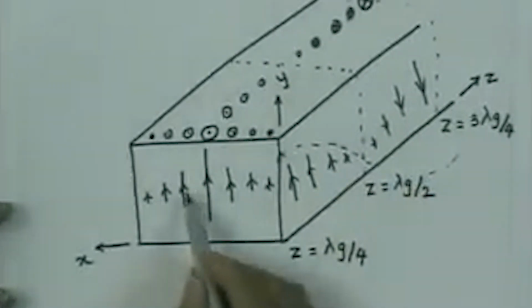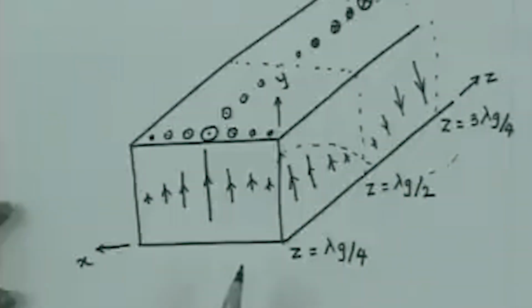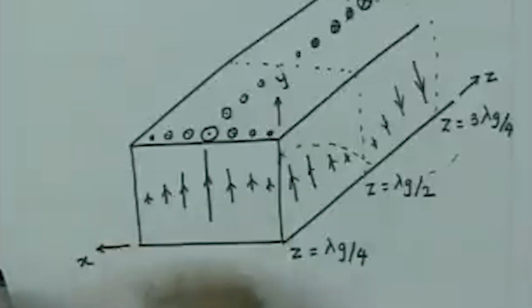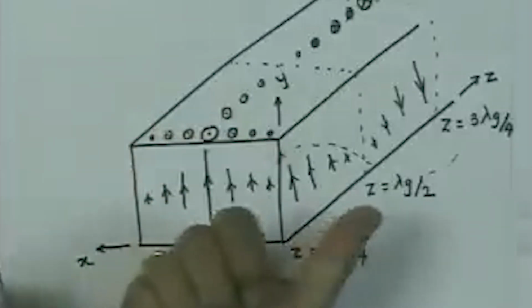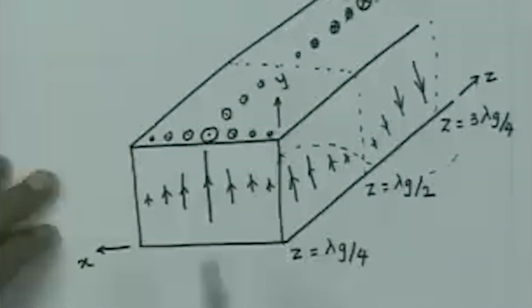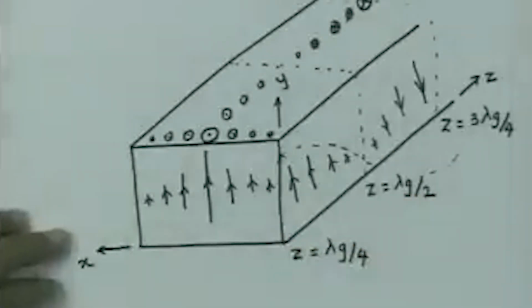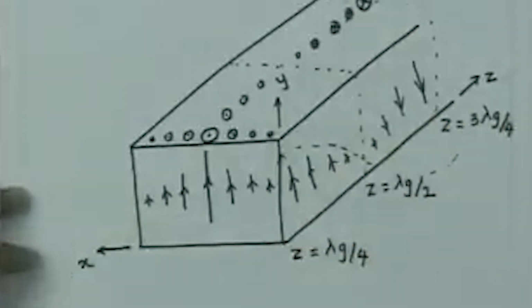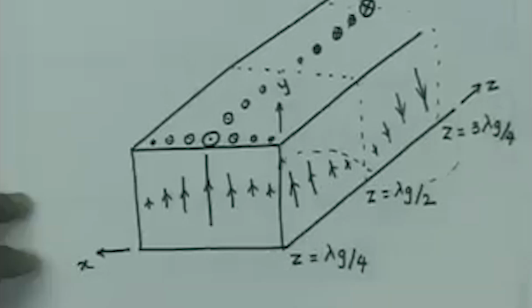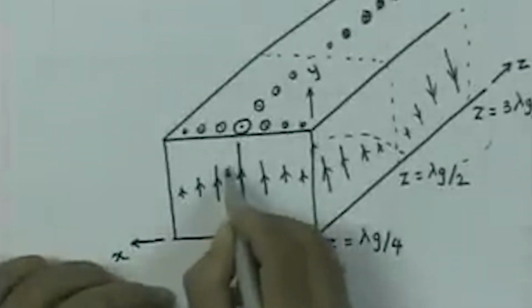So, now if I look at the magnetic field lines, this is E, and the H direction should be such that the power should flow in the direction z. So, if this is direction E, then the H should be coming rightwards, so that you get the E cross H which will be in the direction of z, which is the pointing vector. So, we can get the magnetic field lines from here which will be like that,